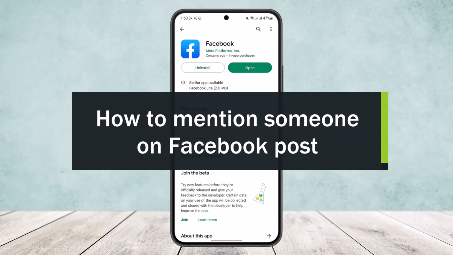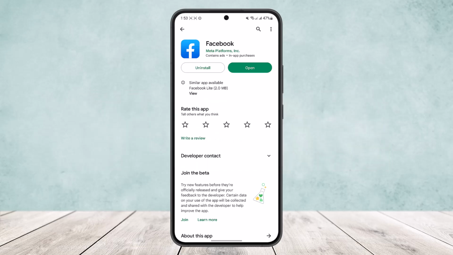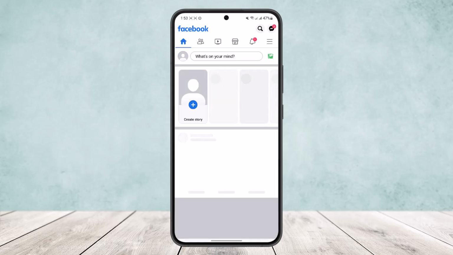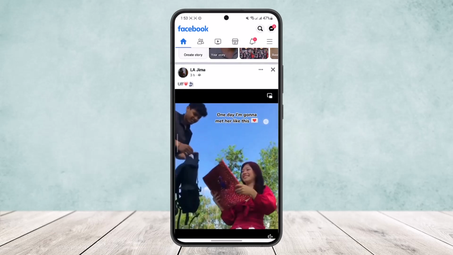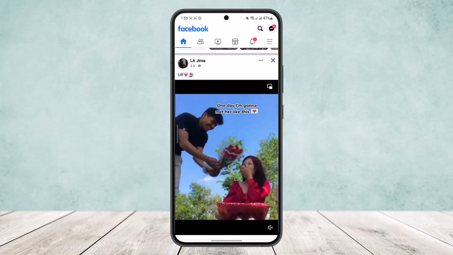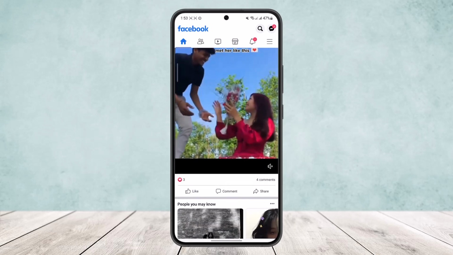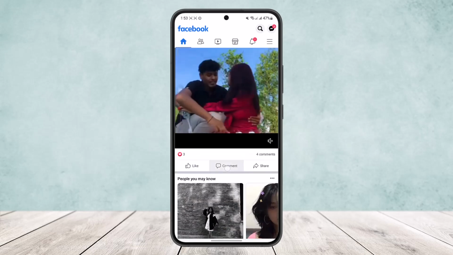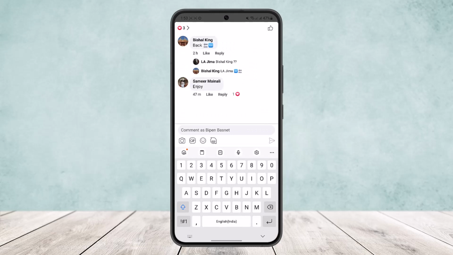Today I'll guide you on how you can mention anyone on Facebook post. Now to do so, first open up the Facebook app and head into a certain post. Now if you want to mention them on a post that you have not posted, on somebody else's post, what you need to do is head into the comments, and in the comment section